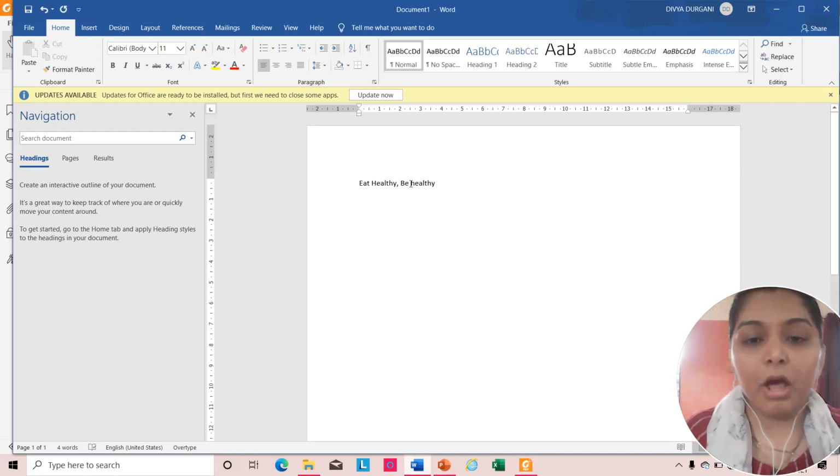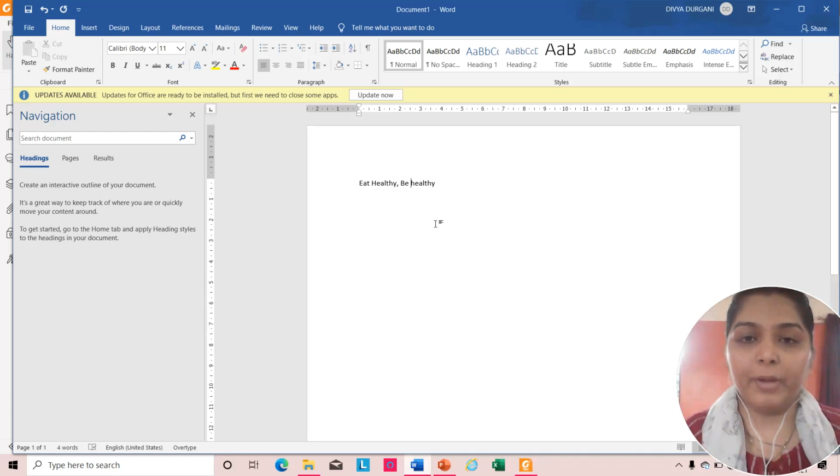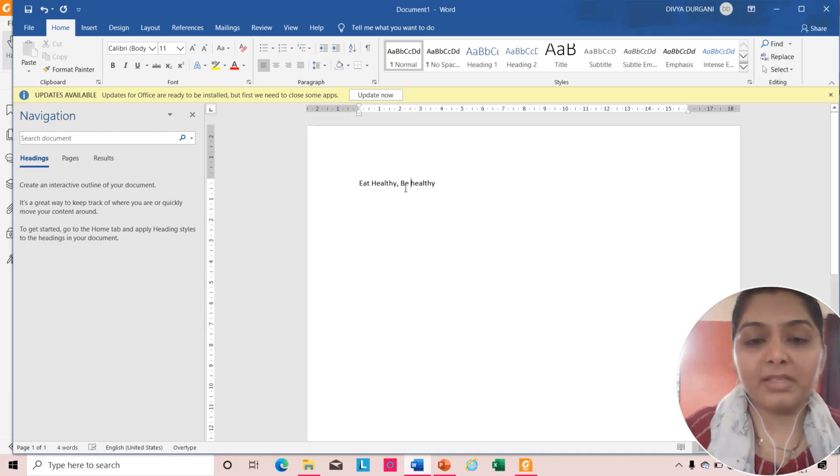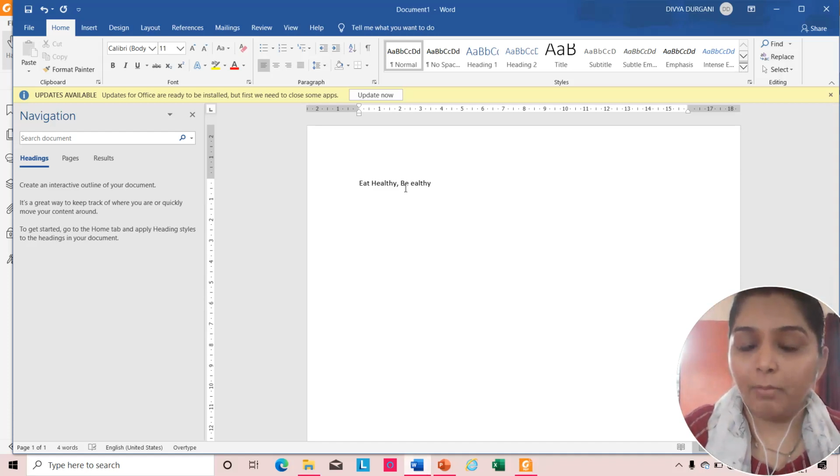Now suppose I am placing the cursor to the left of my text, that is the B. I will just press the delete key. Look over here, however many times I press the delete key, that many letters will be deleted.